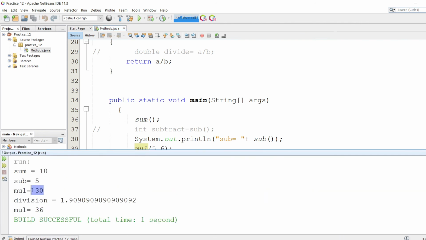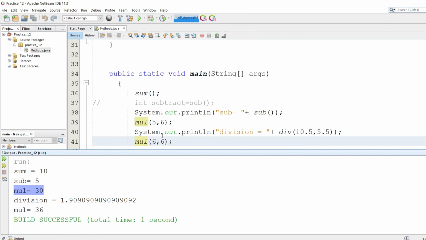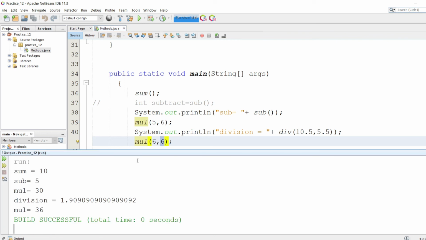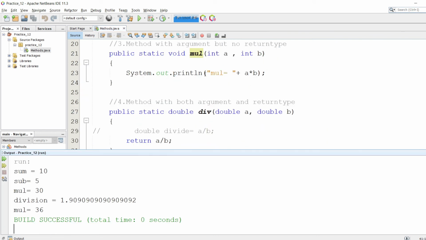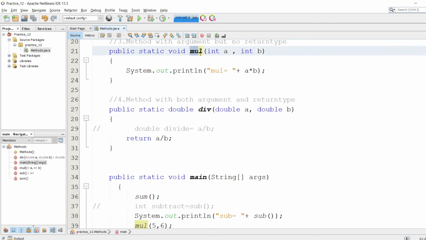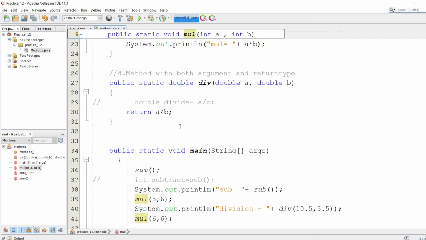Here is one method call that multiplies 5 and 6, and here is another for 6 and 6. So using methods in programming, the program is managed in a readable form, and code repetition is reduced, as we can use the same function for different values. I hope that you have understood the concept behind methods and why to use them in programming.